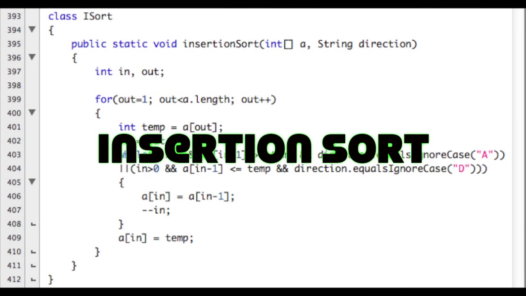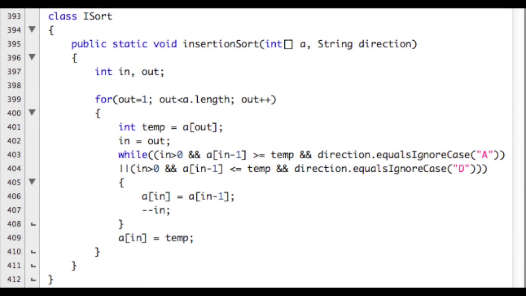Okay, so in this tutorial we're going to be going over the insertion sort, and I'm going to be using Java code that I have worked on in class to demonstrate it to you. This first thing that you're looking at is the isort class. I made this in class, like I said, and what you do is you pass in an